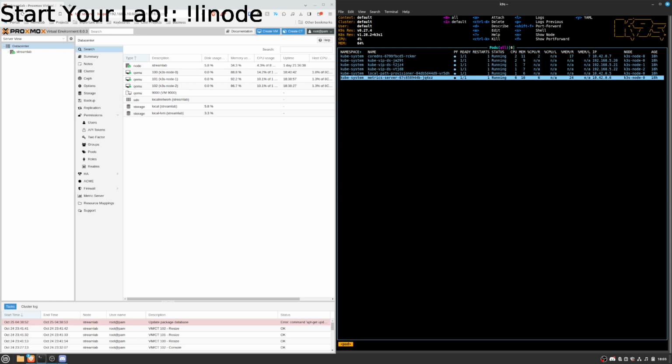So if you were setting this up on bare metal, or if you were just getting something from a cloud provider like Linode or AWS, and you were starting from nothing,